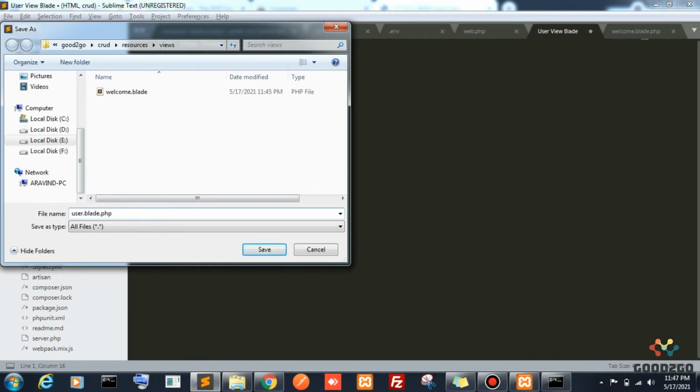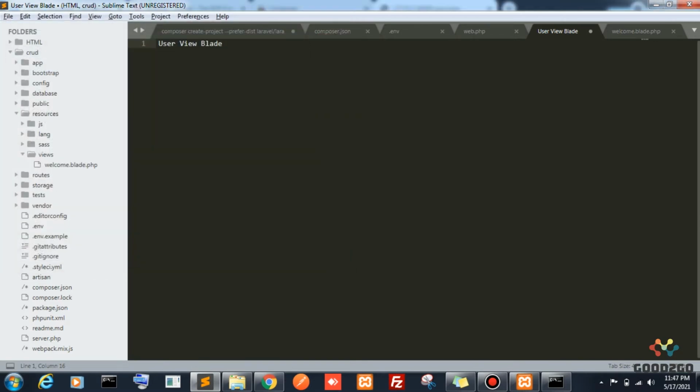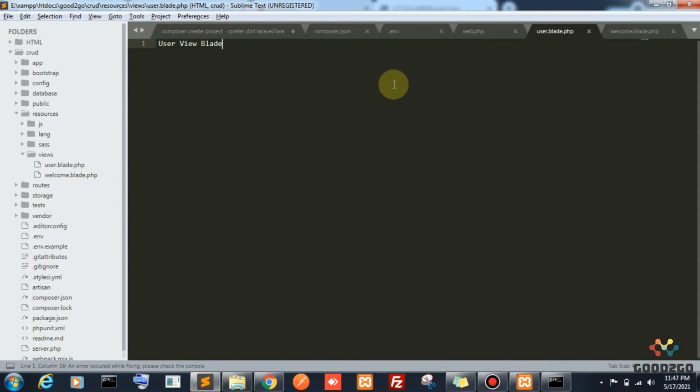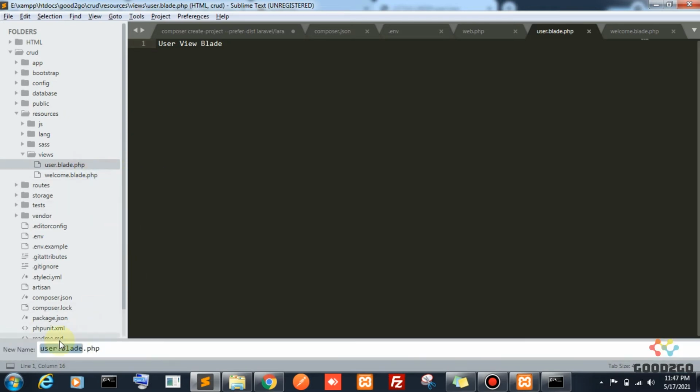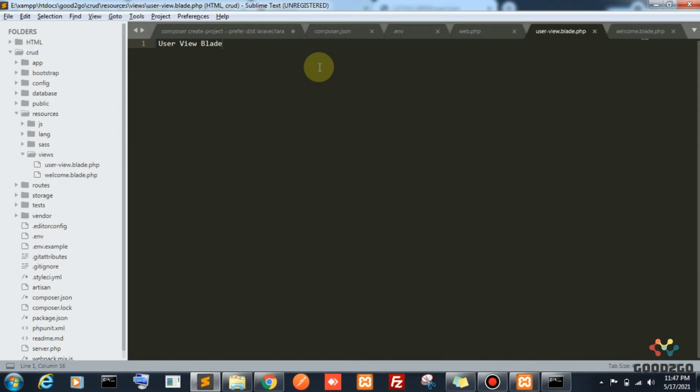That .blade.php extension is the blade template extension for Laravel. You must use this blade.php. Okay, I'm renaming this as user view.blade.php.